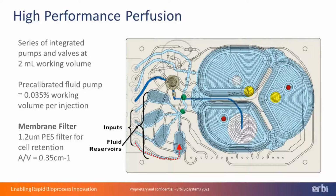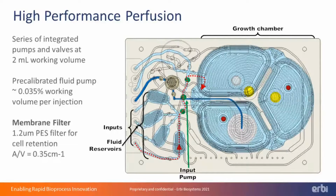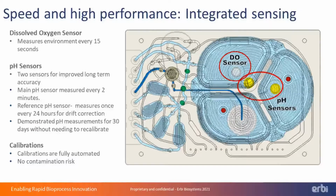The single microfluidic input pump downstream of the reservoirs can select which input to use. Since there's only one pump for the system, the cassette pump volume can be pre-calibrated at the factory before use. The pump injects fluid in the growth chamber, which consists of 3 chambers interconnected at the edges where the cells continually circulate. Periodically, the fluid in each chamber is expelled to generate flow into the 2 other sections, which provides